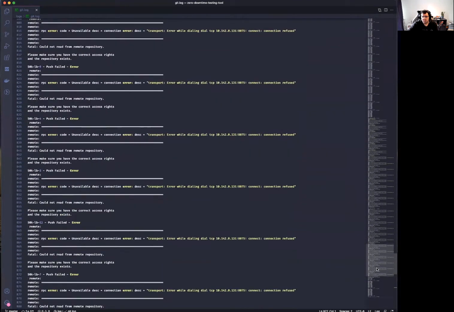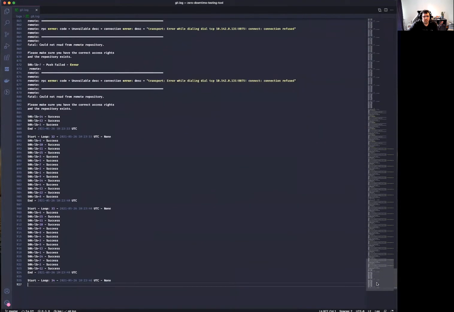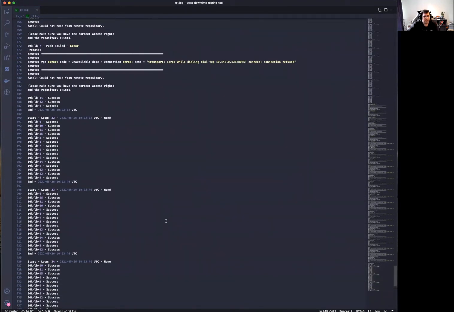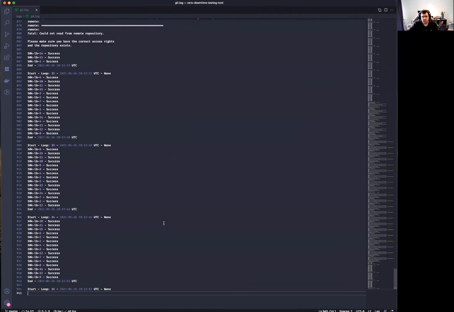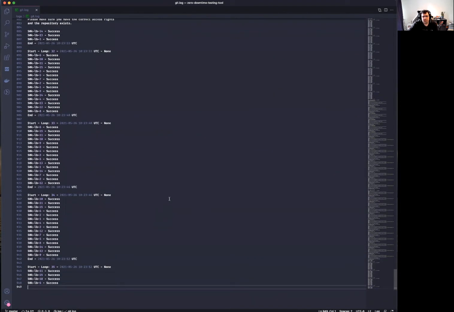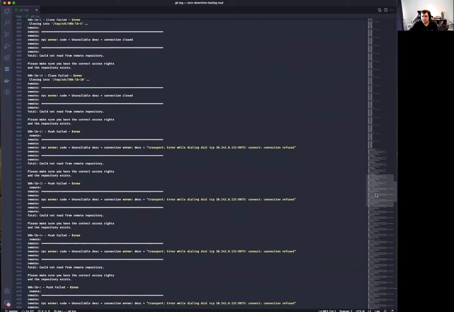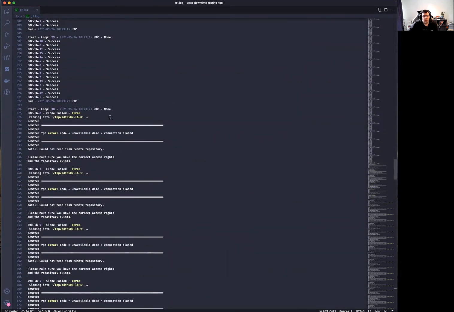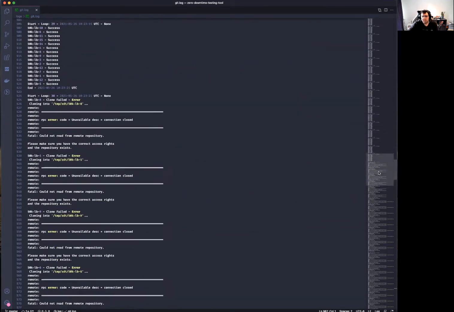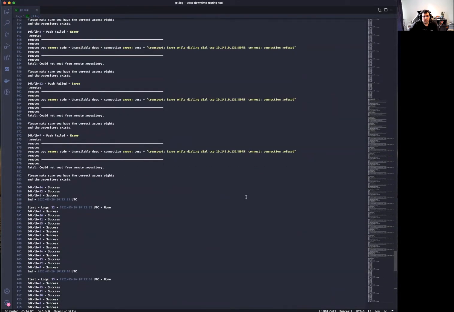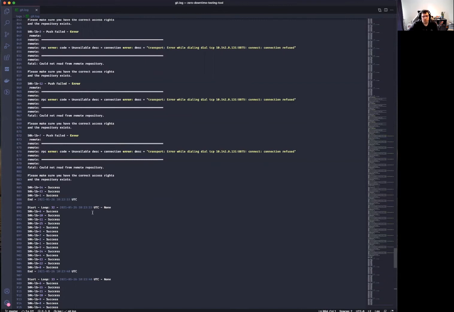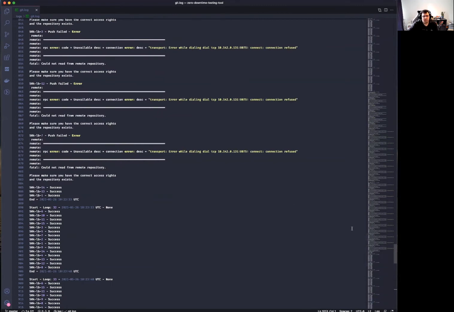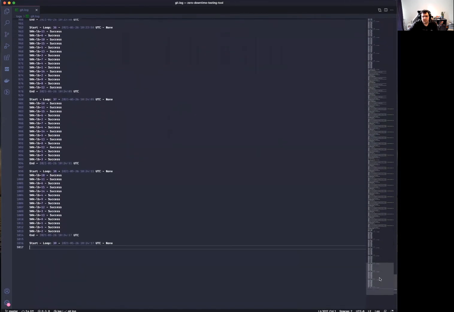But what does happen, if we wait, is that eventually at the bottom, everything starts passing again. And this is because a new primary has been elected and everything's able to get pushed again. If we look at the time frame of this, we can see we started at 23:21 and we've ended at 23:33. So the whole process took about 12 seconds, just a bit under because we've got some passes here as well. So everything takes about 12 seconds just to fail over, elect the new primary, and now everything's passing